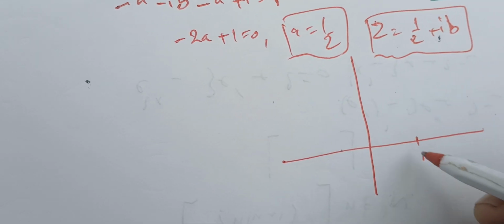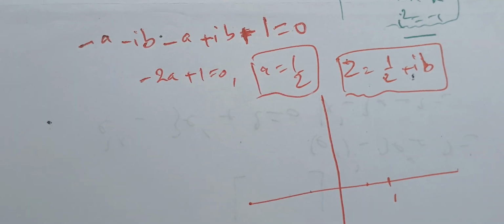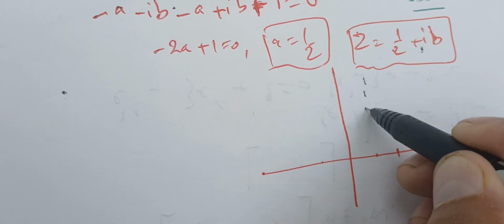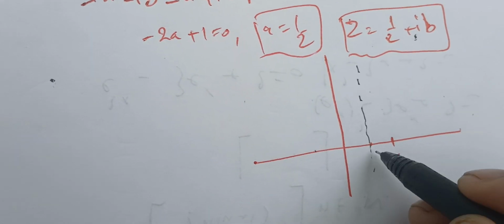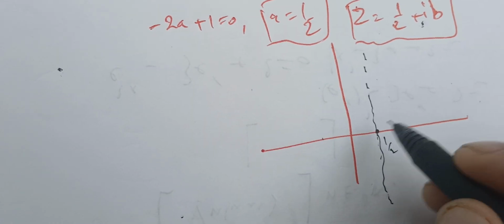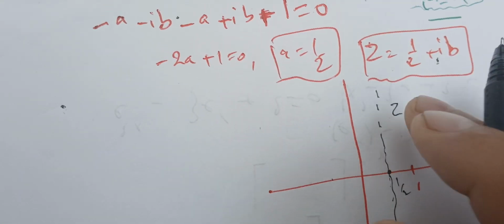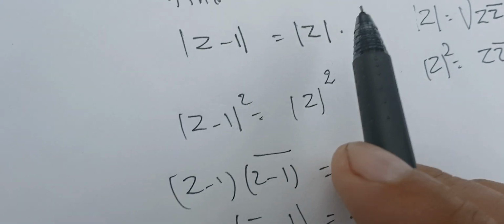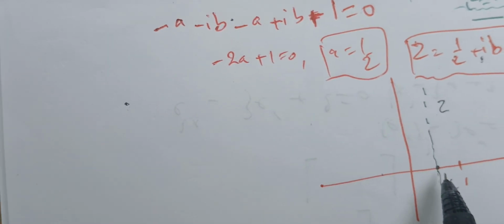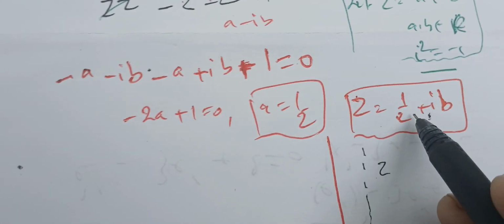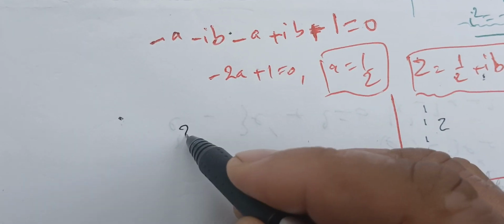So here this is 1, this is 1/2. So therefore in the complex plane, okay, my z is this one. Okay, so this is my z, it's 1/2, and b can be any. So this is the z that solves this equation here. Okay, so we can check by finding the norms. Okay, the norm of z given in this form, the norm is gonna be